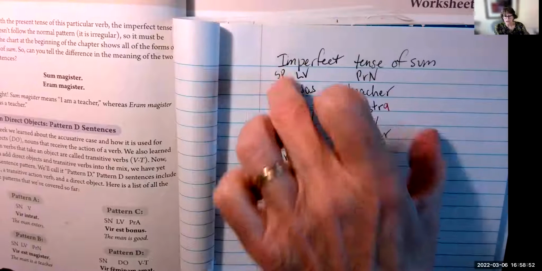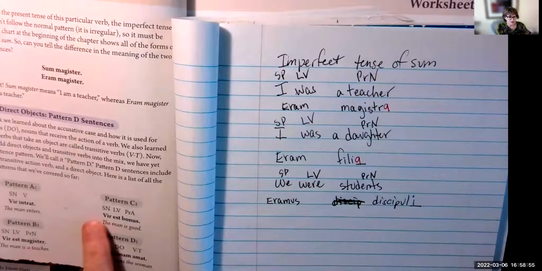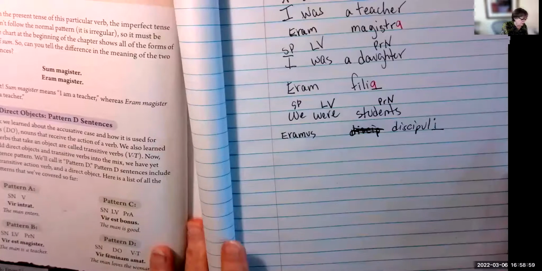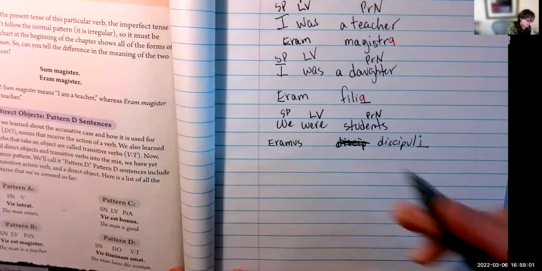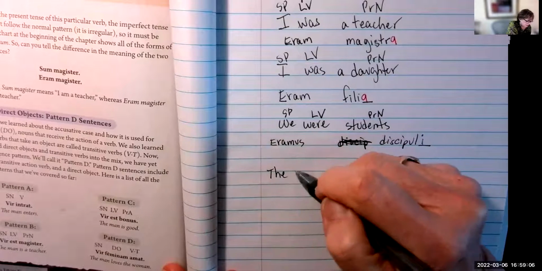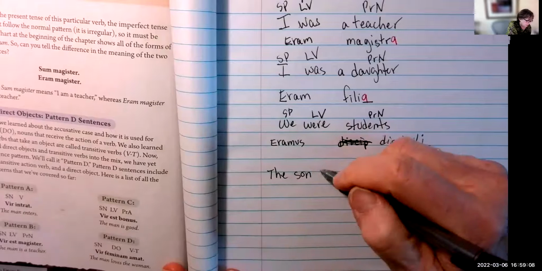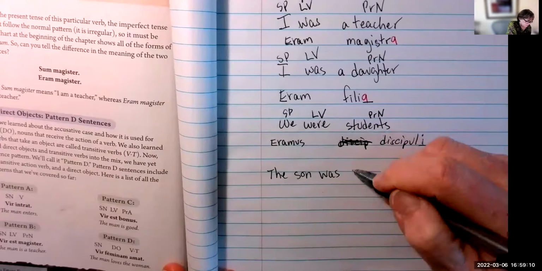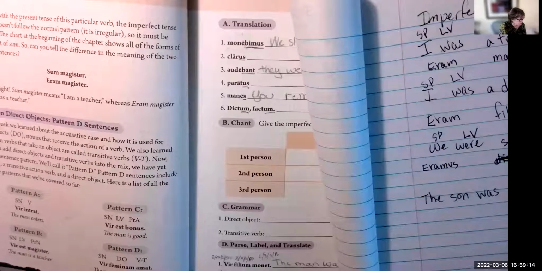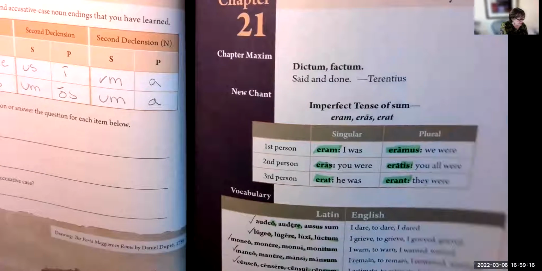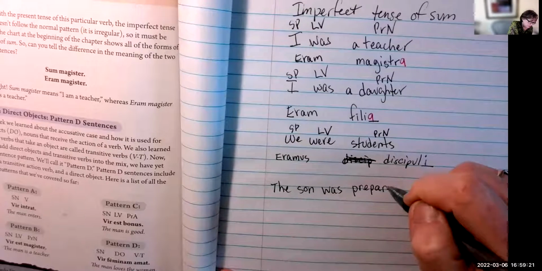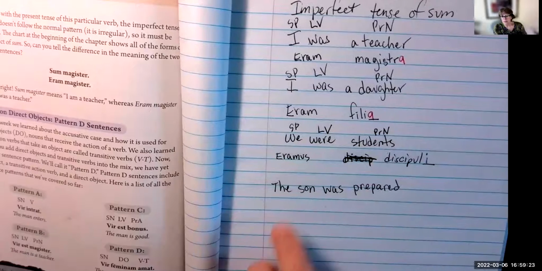And this is a good way. This is what they're saying here. Now the C one is when you do a subject, linking verb, predicate adjective. So we can do that. We can say the son was, do we have an adjective that we could use? What was the son? The son was prepared. Oh yes, the son was prepared. He's always prepared. All right, Blake's always prepared.